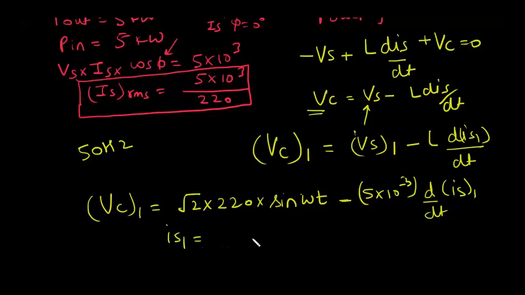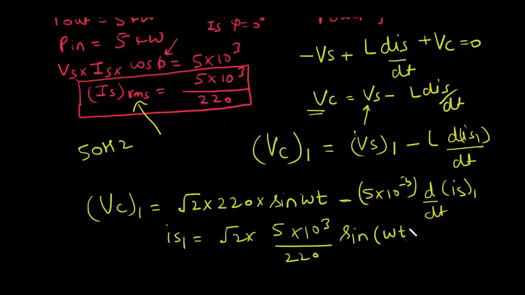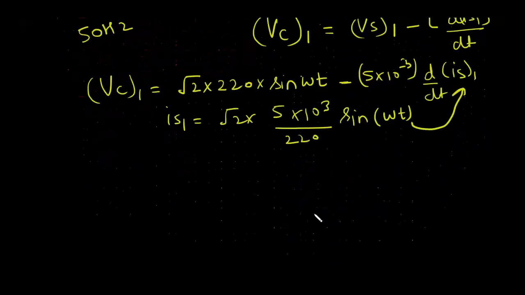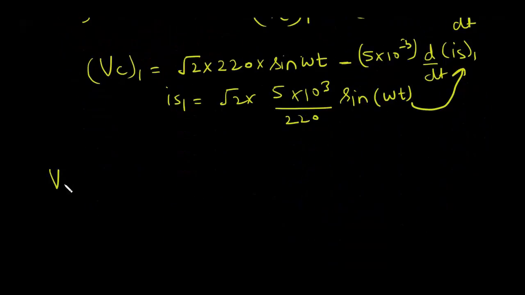We know that is1 is root 2 into the RMS value, which we have calculated here, 220, into sine omega t. It will be in phase with your voltage source because the power factor is unity. So put this equation here, you will get,